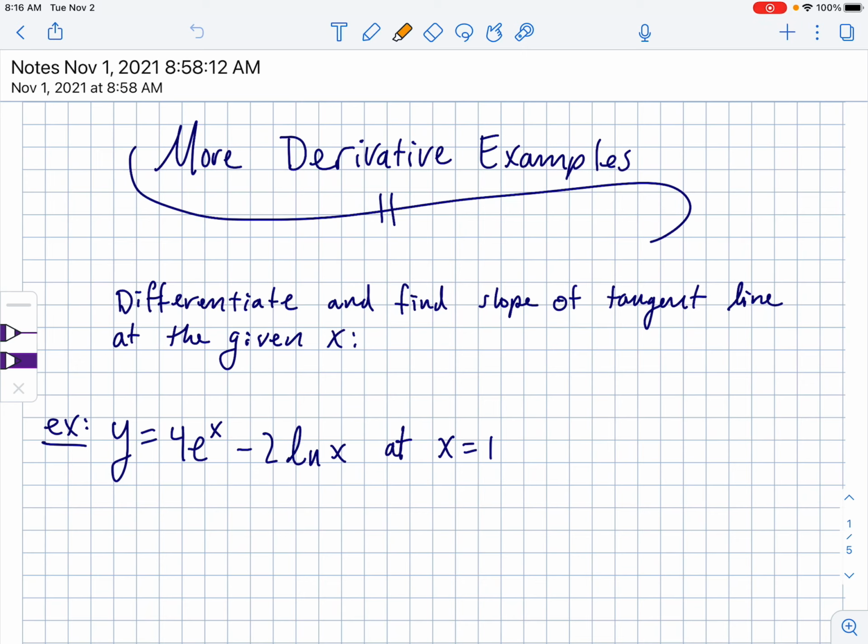Today we're not necessarily learning anything new. We're just doing a bunch of examples that involve all the relatively new derivative rules that we've learned and combining everything. With all these first examples, the directions are to differentiate, which means take the derivative, and find the slope of the tangent line at the given x. Let's not forget everything we've learned so far, which is that a derivative is just a tangent machine. So if you take a derivative and plug an x into it, you're going to get a slope of a tangent